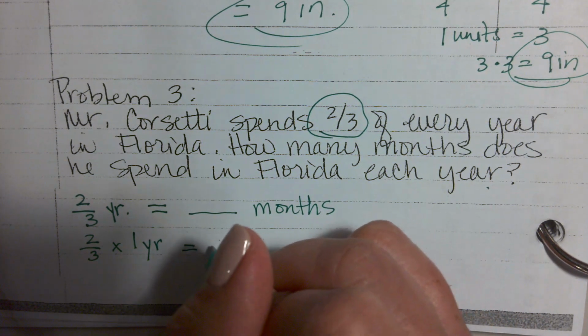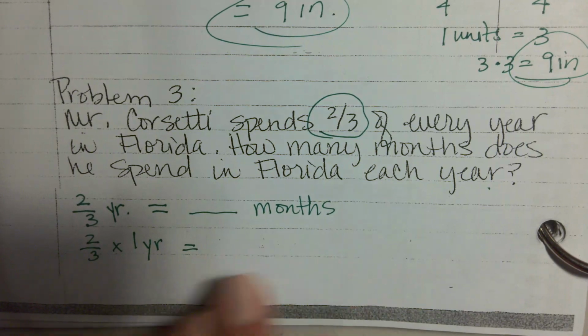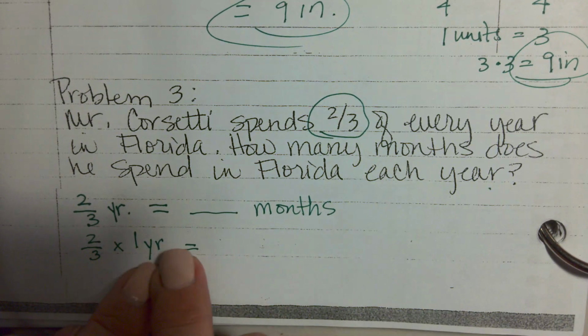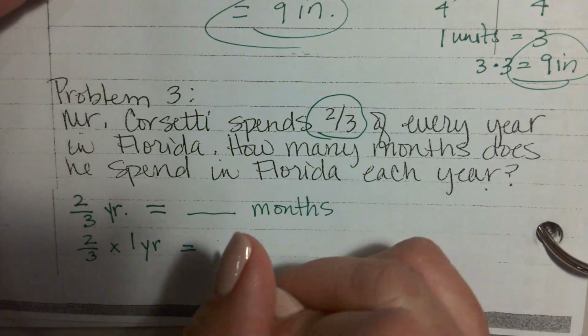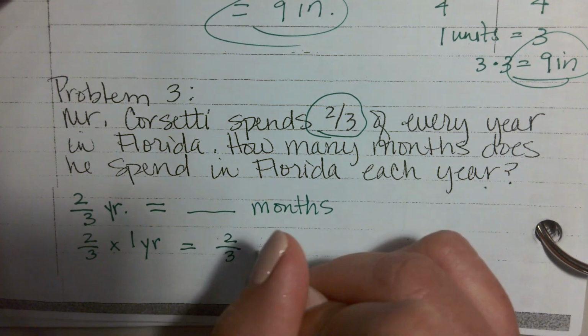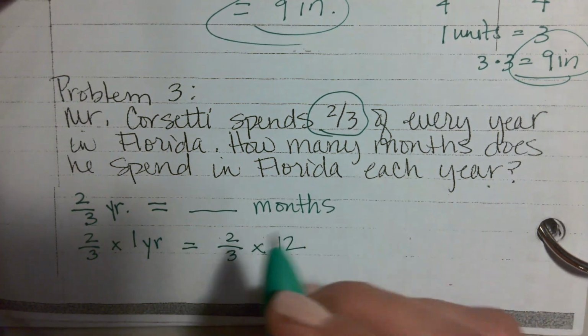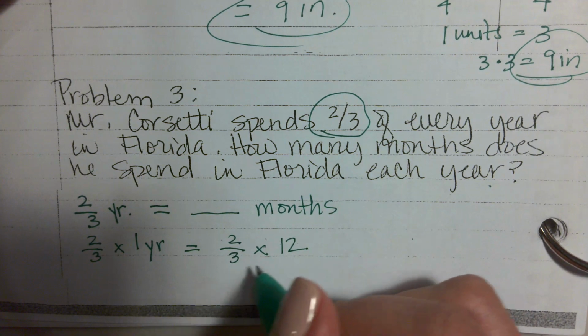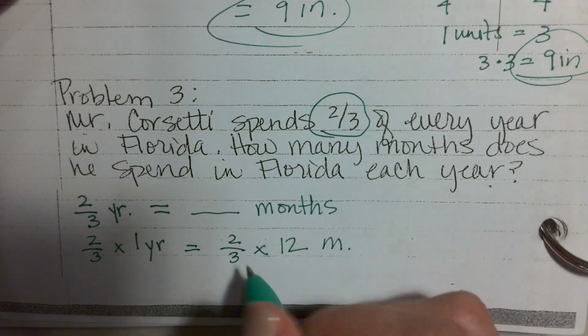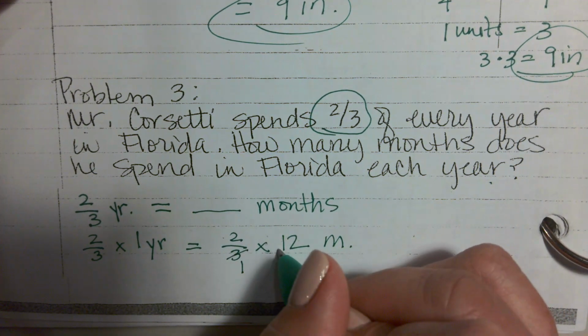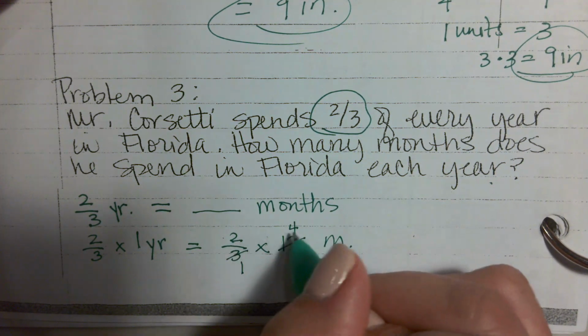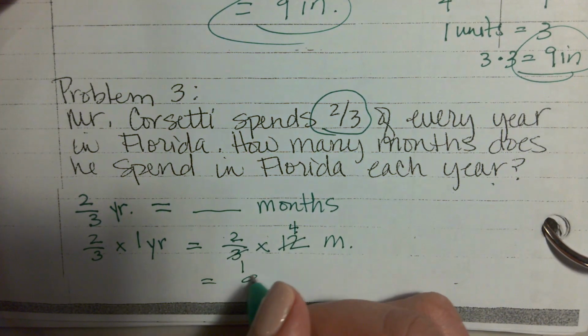Okay, so now we're going to translate this over. We're going to move this and we're going to change that 1 year. So 2/3 times 12. So it's going to give us how many months? 3 goes into 12, 4. 2 times 4 is 8